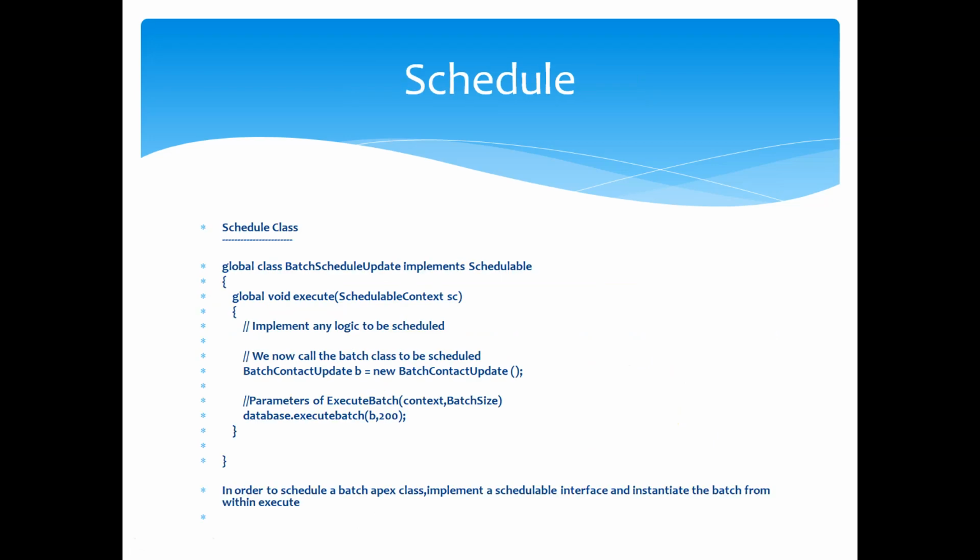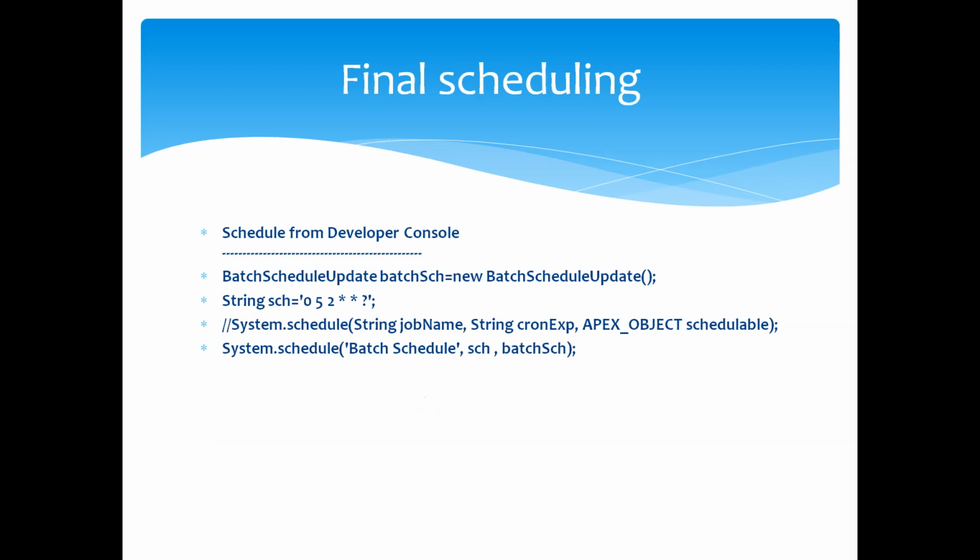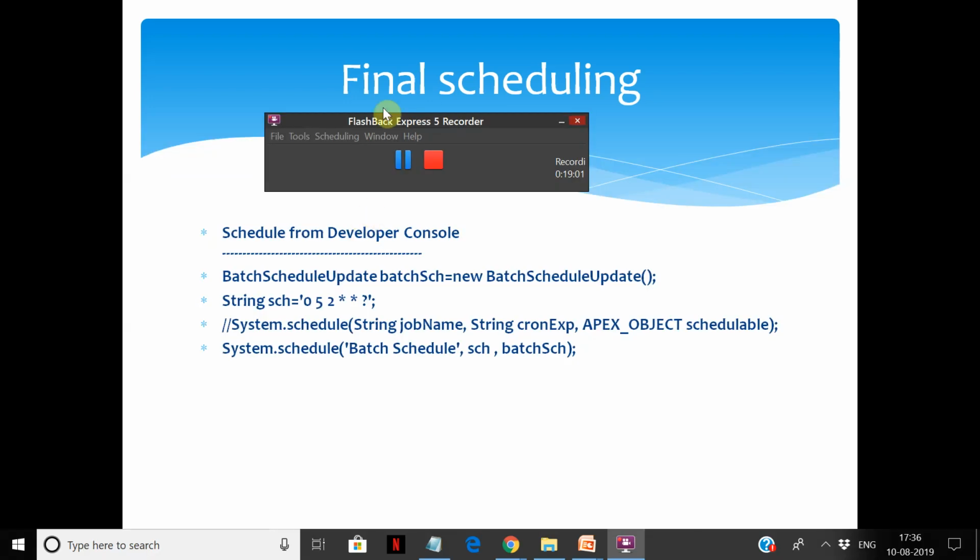You can see some more details in Salesforce, so don't get so confused about this. Basically learn how to schedule it. If at all you come across a situation where you have to schedule, you can use this. So this part you can just take a look at. You don't need to actually do it, because you just have to write another class to implement Schedulable, and then execute the same batch apex. Instead of calling the batch apex, you will call the batch scheduler, and you'll pass this system